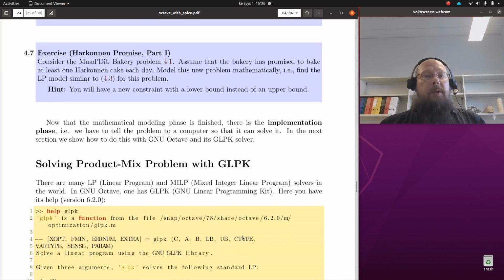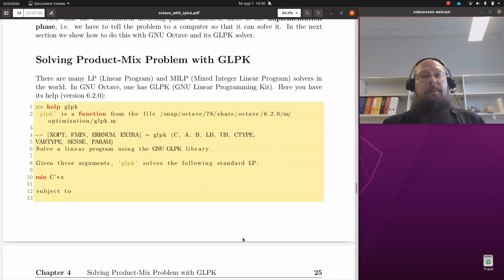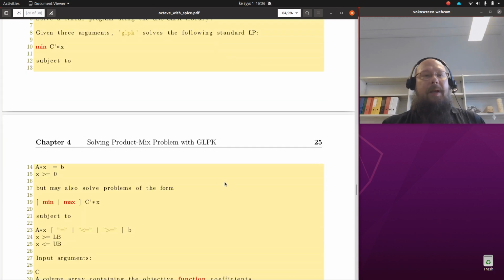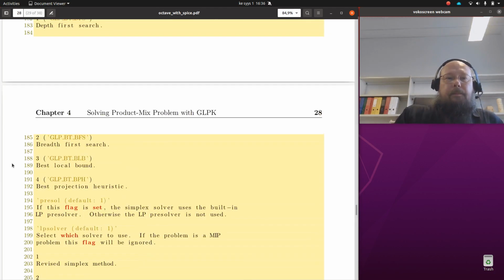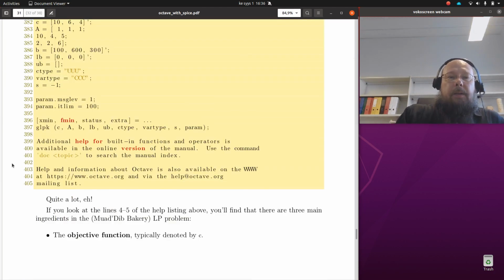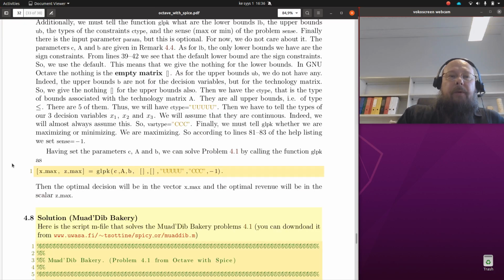Unfortunately, what is a standard form? Here in the help, the standard form for GLPK is the equality, and it's actually a minimization. So it's not standard what is standard. In any case, let us try not to be confused about that